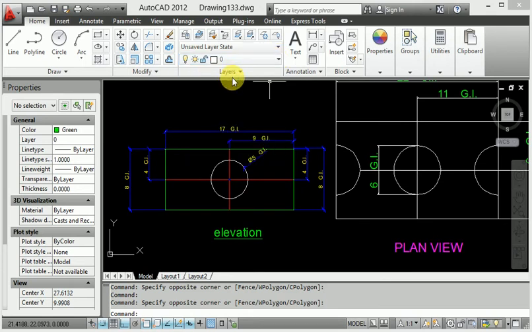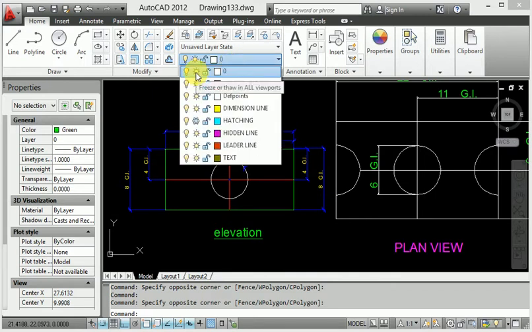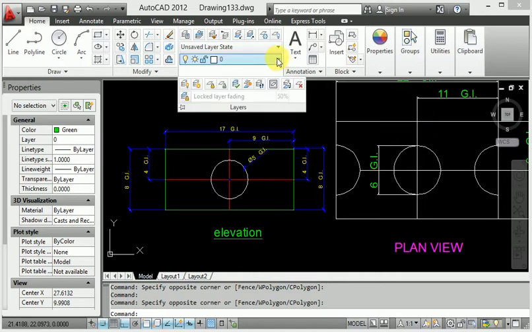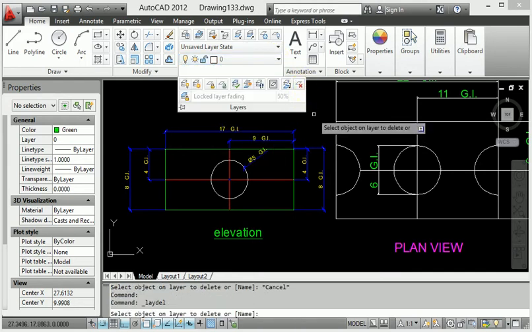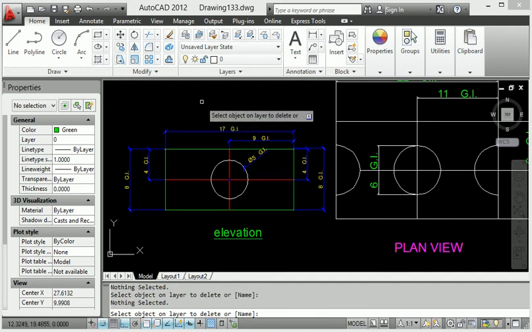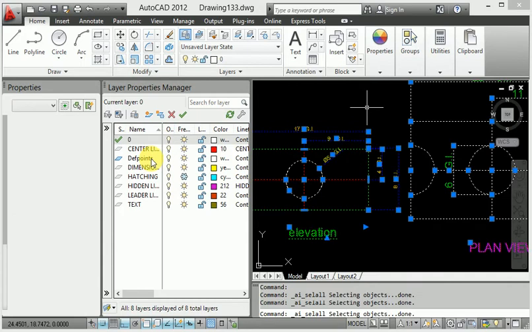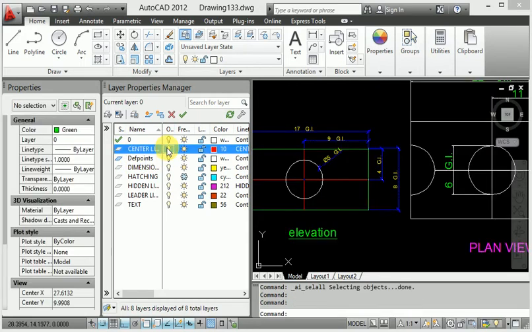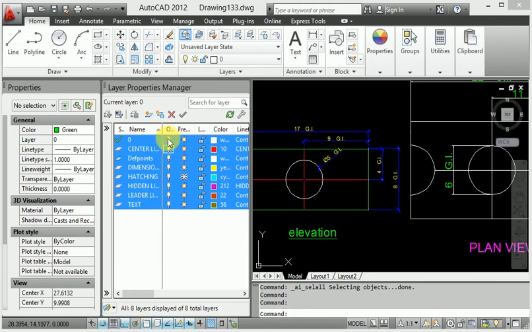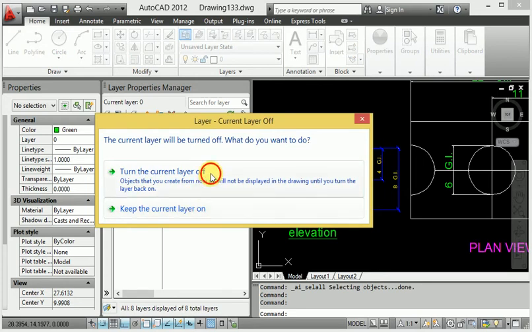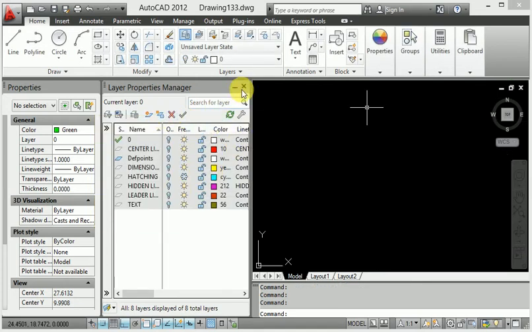When I go to object, I click this, Control A, when I go to LA, enter, then select Control A here, then switch off the layer, all layers are off, then exit.